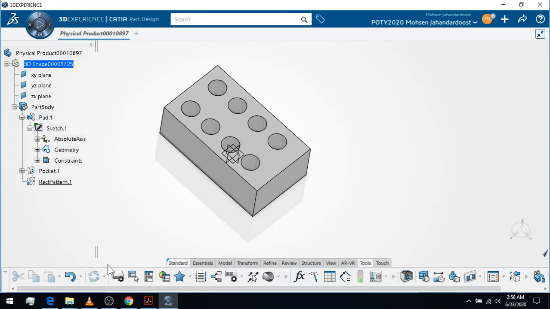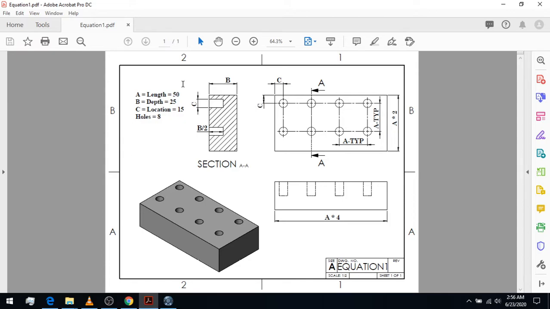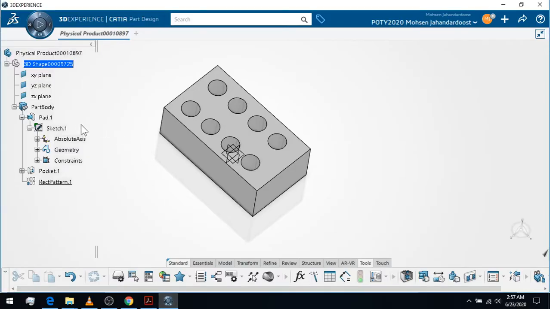Okay, now we define all of these variables that we need to use, and we like to have them connected to our dimensions. So the next thing is that I just go back step by step and I change all of the dimensions that I have to the equation, and for the equation I put the different parameters that I have. So for the first rectangle that I created, I have A multiplied by 4 by A multiplied by 2, and then the first extrude is B. So here I click on the sketch, double click on the sketch,